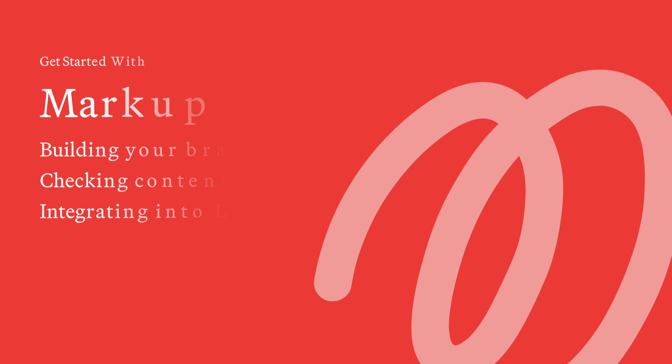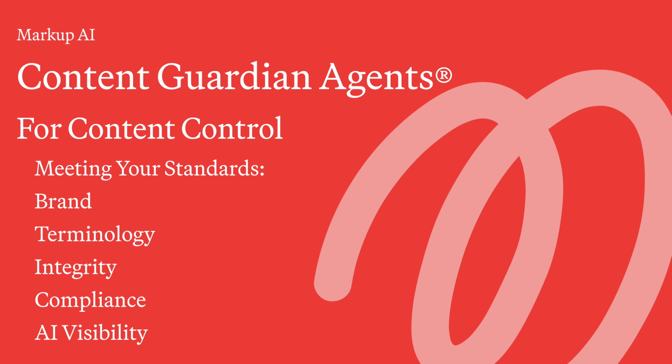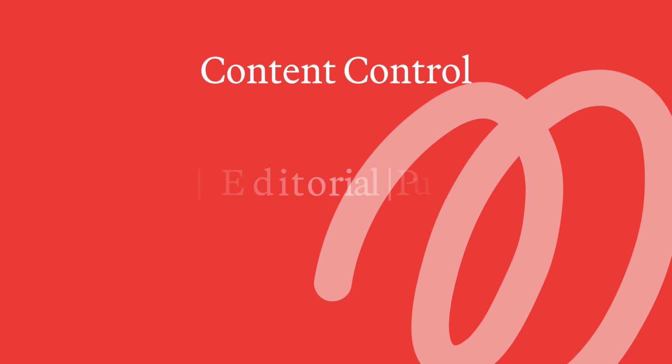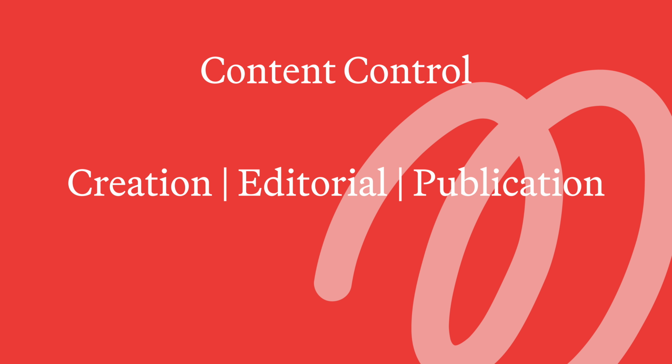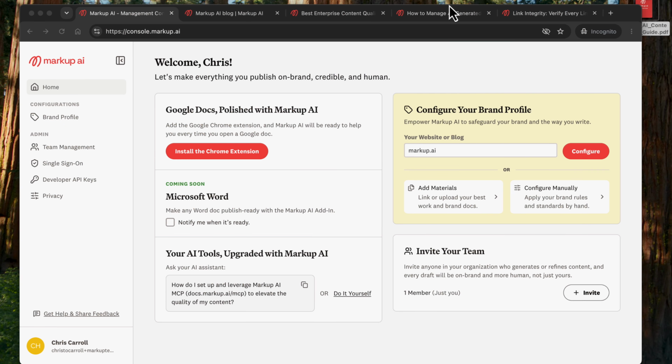Our Content Guardian agents give you content control, making sure all content meets brand, terminology, integrity, and compliance standards while improving your visibility in LLMs. Markup AI works through your content workflow by checking and fixing content at creation, editorial, and publication directly inside the tools you already use. Let's walk through a quick few steps to get your trial running and get your account